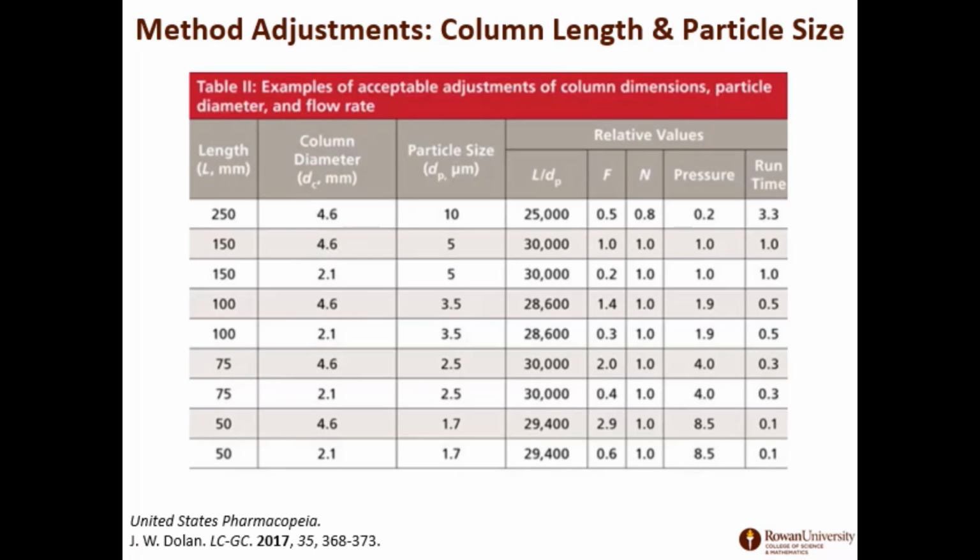And what it does is for a given column, in this case 4.6 by 150 millimeter with a 5 micron packing, it uses that as the length to particle diameter ratio of 30,000. So you're thinking about 150 millimeters divided by 5 micron, or 0.005 millimeters, and so in that case you end up getting this 30,000 ratio. But in that case they're listing that as okay, you're going to be whatever flow rate you're listed,